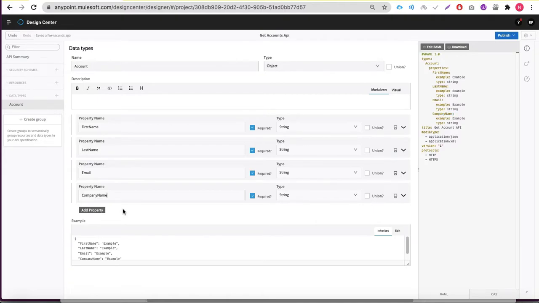If you want to add any additional properties, you can add. You can also see that when we added these properties, there is an attribute defined in the form of string, and you can also see in the example window that the format of these property names is in the form of JSON.